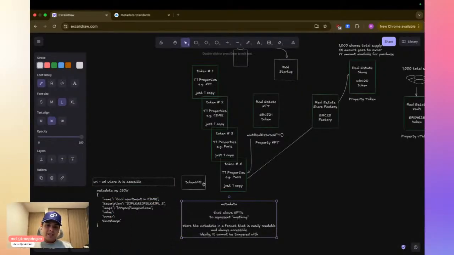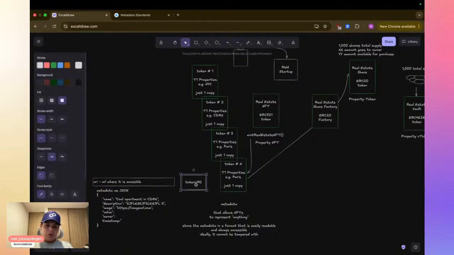Yes, for this, there's usually the token URI. You can set a new token URI, and that's how you would update the metadata. So it's more of a pointer instead of actually holding the data.